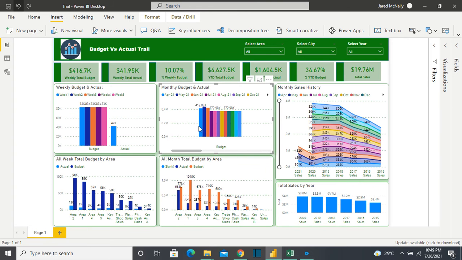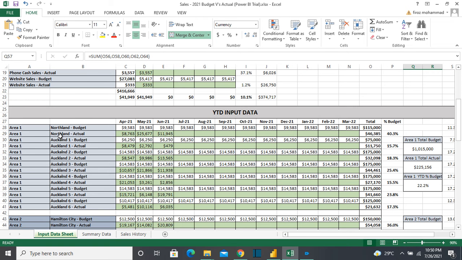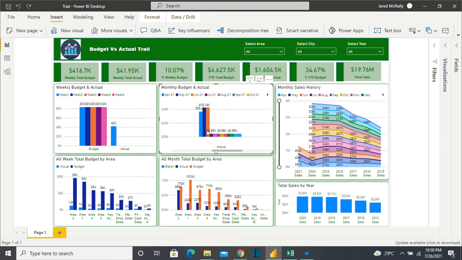In budget section, each bar is representing a month. So the budget value for that month, all the budget value for that month, and same for all these months. And now the actual section. In actual section, each bar is representing a month total actual value.